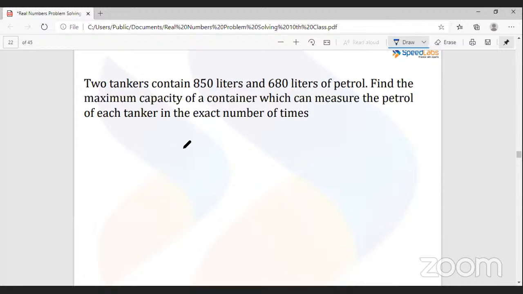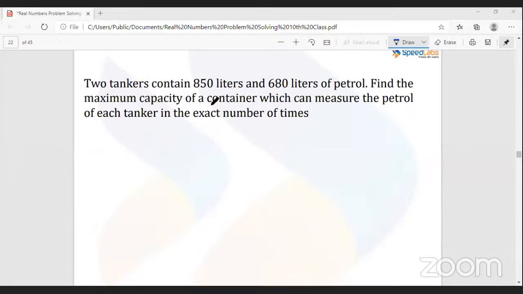Like here, see. Ma'am, I've sent the answer. Okay, so let's calculate it and then we will get to know whether your answer is correct or not. Is it clear to everybody why we have to take HCF, common factor? Ma'am, I'm confused. Okay, who is confused? Ma'am, it's me, Kuldeep. Okay, so here, Kuldeep,